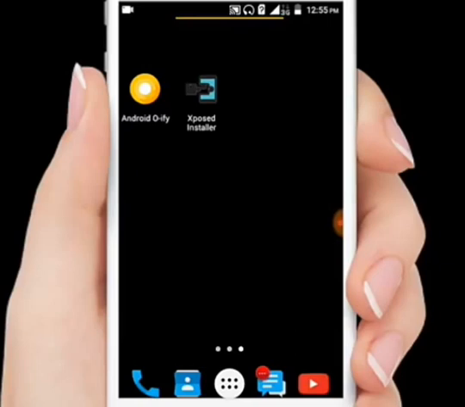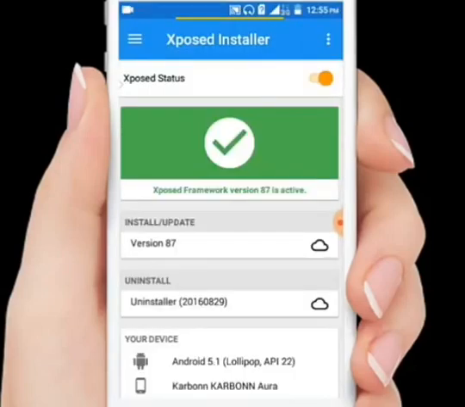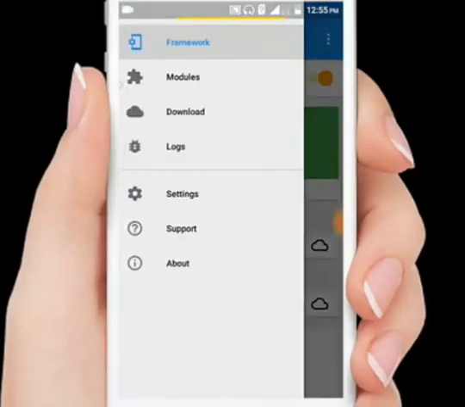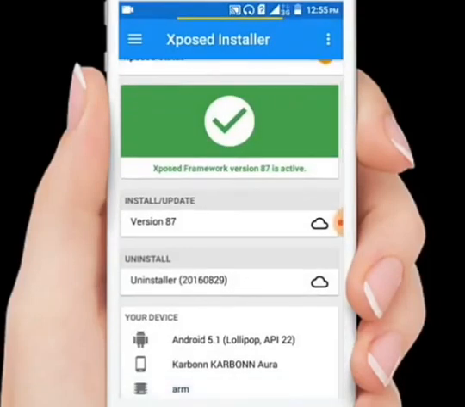Now you need to open the Exposed installer. Exposed installer is the platform that installs the modules, and OE5 is a module, the module of the new version, that is Oreo guys. Here you can see that Exposed framework version 87 is activated.